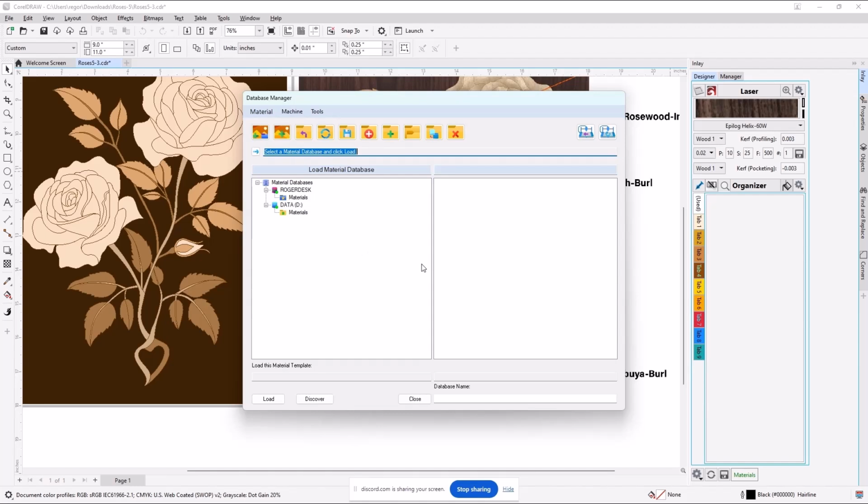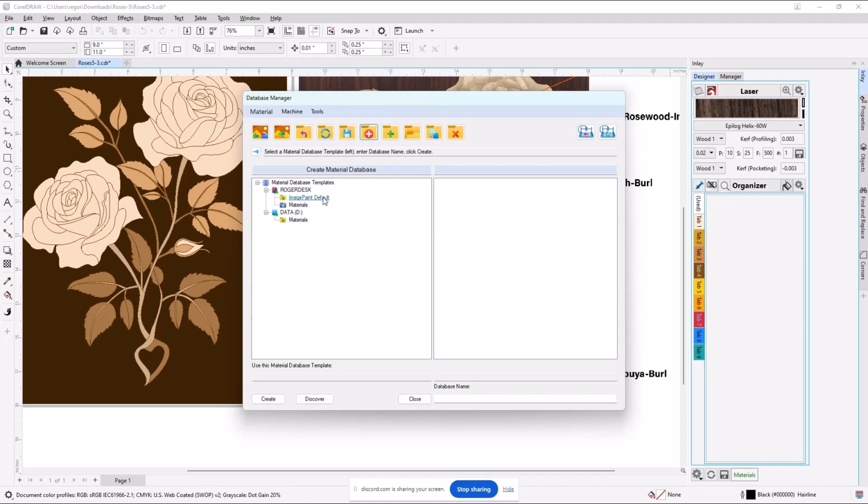So the first thing we have to do is, your choices by icon all pop up as you hover over them. Refresh, save. This one is the one we're going to be doing. We are going to create a new material database for the rose picture by doing that right here. Now it has choices for what are you doing? Well, this is my library. I don't want that. I have a backup version of that library on my D drive.